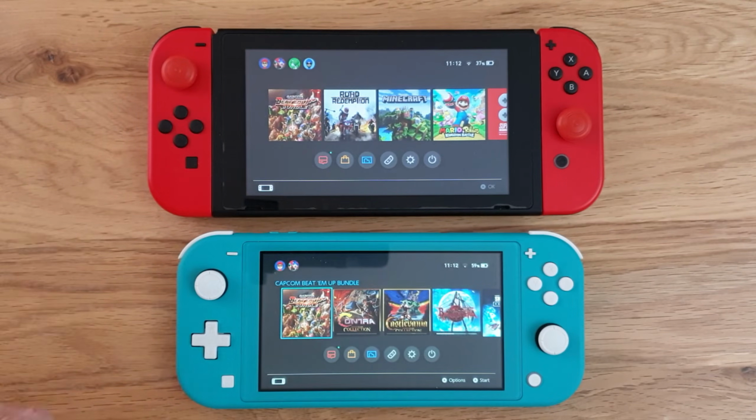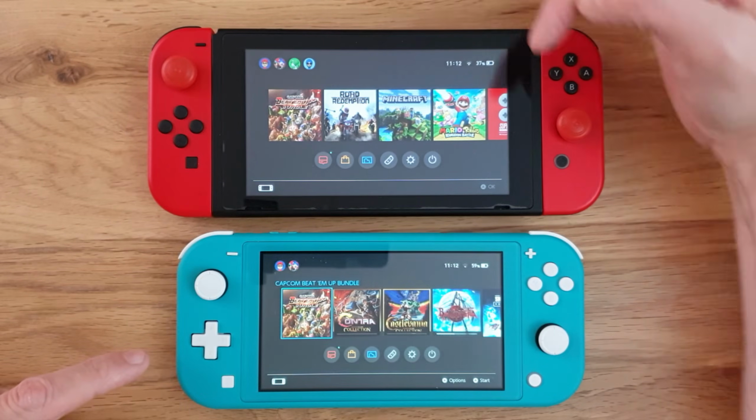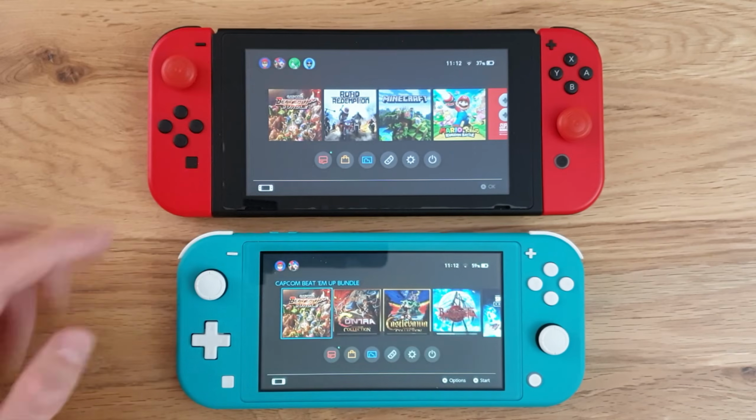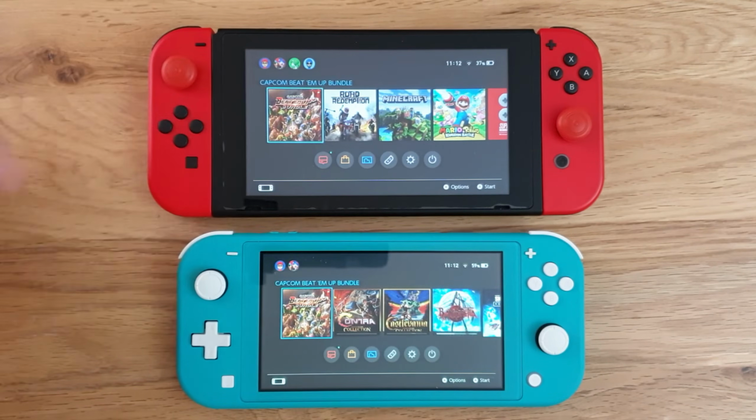Now, obviously, if you haven't got an internet connection, you're not going to be able to play online games anyway, so that becomes moot. But if you're playing a game that is an offline game, will it still work when you haven't got an internet connection on a secondary Switch? As I say, we've got an internet connection here and we've got an internet connection here. So if I go into the Capcom Beat 'em Up bundle